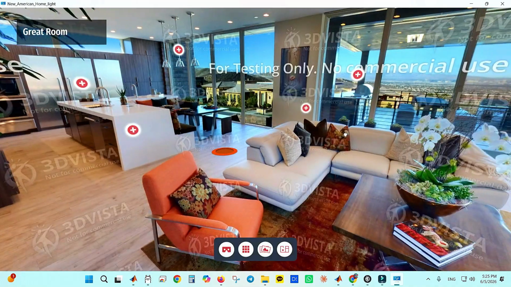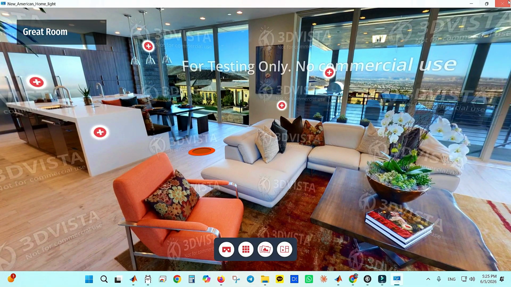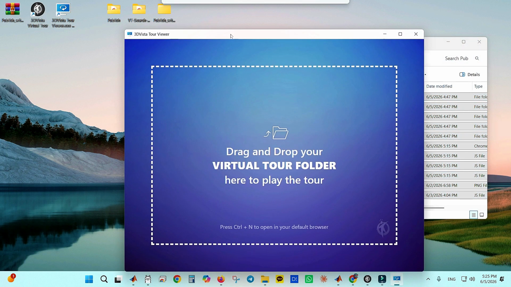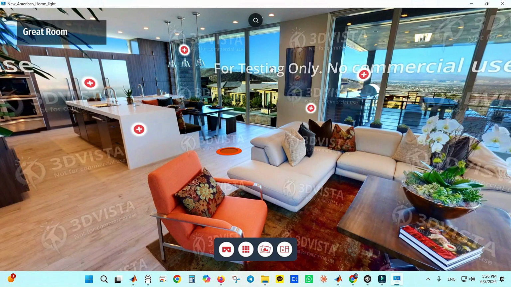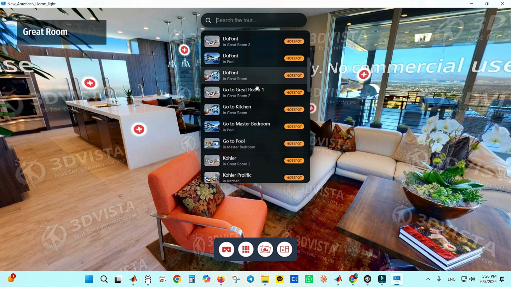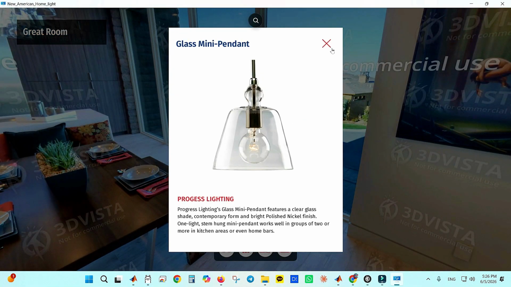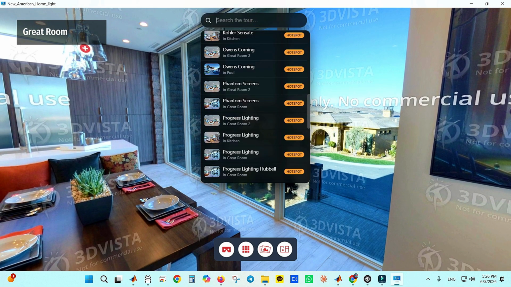You can see that there are no search features available here. Once again, I am proceeding to open up the viewer interface, and this time around I am carefully selecting and then successfully uploading the entire Publish with Search folder that we have prepared earlier. You can see that the search icon has been added here. You can simply click on it to see all of the searchable elements available. And then, by clicking on each of them individually, the specific element will appear for you on the screen in this exact way.